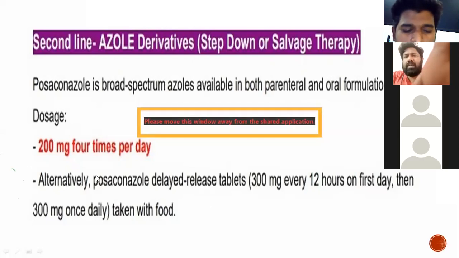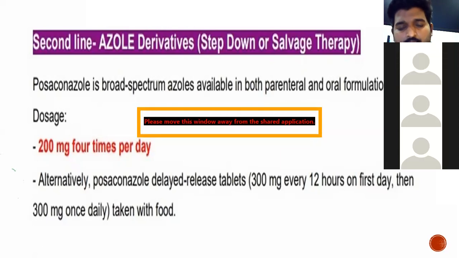Actually, the problem with posaconazole is that it has variable bioavailability. That's the problem with posaconazole. That's why you can't start this drug as the initial mode of therapy for infection. Definitely, the drug of choice is amphotericin B and surgical resection. This is the treatment for invasive mucormycosis.